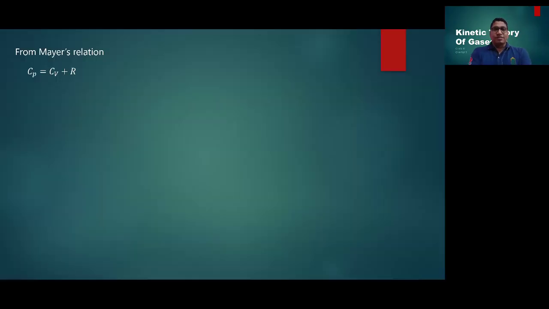As you know, class, in the last lecture we derived Mayer's relation. Mayer's relation is a relation between the molar specific heat at constant pressure and the molar specific heat at constant volume. Now today we will also see: can we express the relation between the principal specific heat and the molar specific heat, which we very well know, at constant pressure and at constant volume? So let's start with that relation.